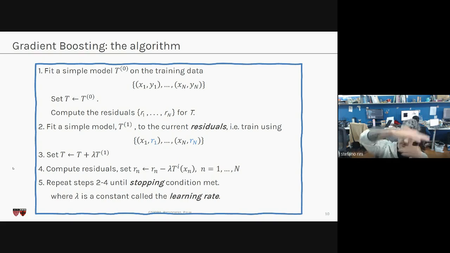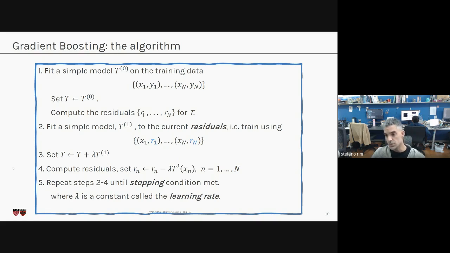So instead of the models being synchronous, instead of the models being averaged, now the models are sequential. We are trying to use each model to predict the next model. The next model is going to try to correct these residuals. Very good. So now we have a new tree, which we call T1. When you think about the problem the first time, your first intuition is that you will just sum the previous prediction to the current residual,